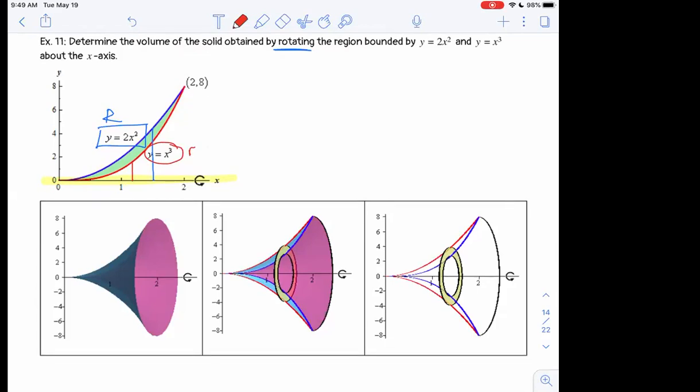Now, when we think about this small slice and we're revolving this, what we end up with is a case like this, where basically we have a funnel and the inside has been scooped out. We have a very thin piece of the solid, so like between this part and this part, but most of this part, like this light pink part, is not there. That's empty space. And so maybe the best diagram for us in this case is this last one,